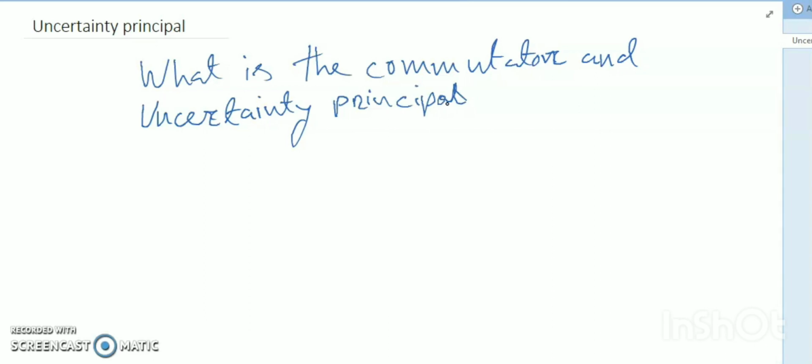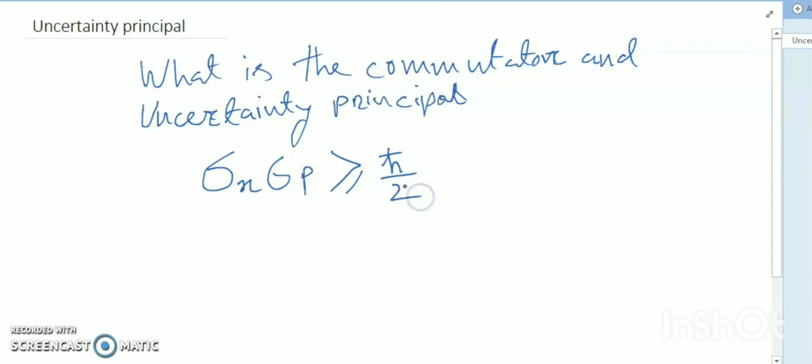So let's start to discuss, continuing our study of operators. In this video I want to introduce arguably the most important mathematical tool when studying observables, the commutator. Sigma x sigma p is greater than or equal to h bar divided by 2. Uncertainty relations. If we have two operators A and B, we say they commute if the action of